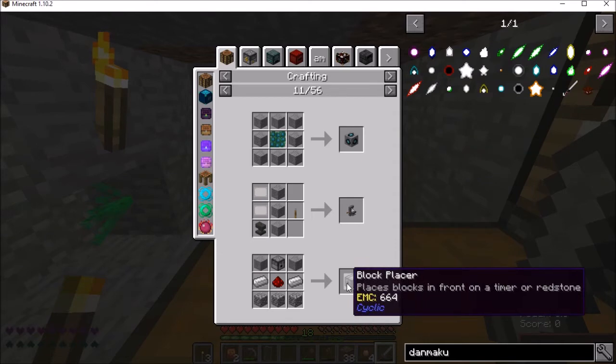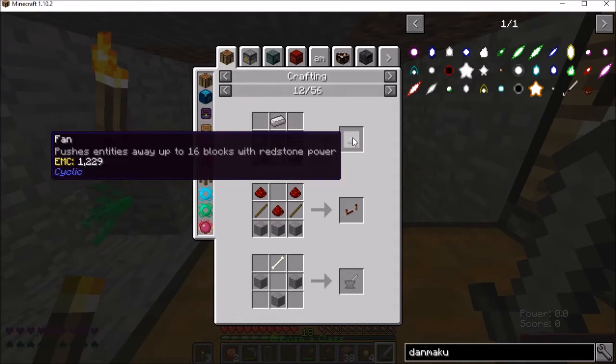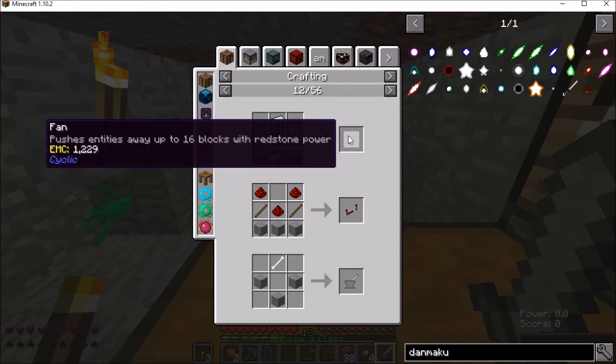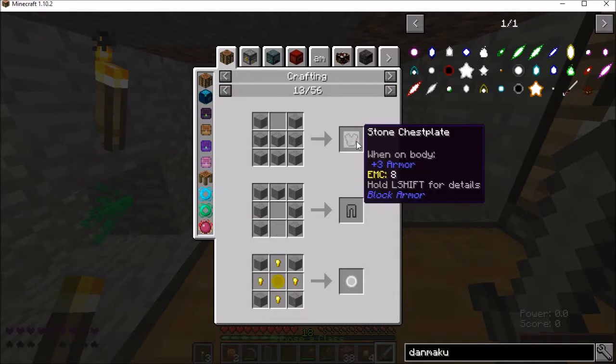Engraver, block placer. Oh, that could be useful. That's from Cyclic. Okay. A fan pushes entities up to 16 blocks with redstone power. Okay, that'll be good for mob farming later. Of course, some of the usual stuff. Mortar and pestle. Oh, runes of wizardry. I'm gonna have to finally learn which rune combinations actually do things, but that's kind of a little...